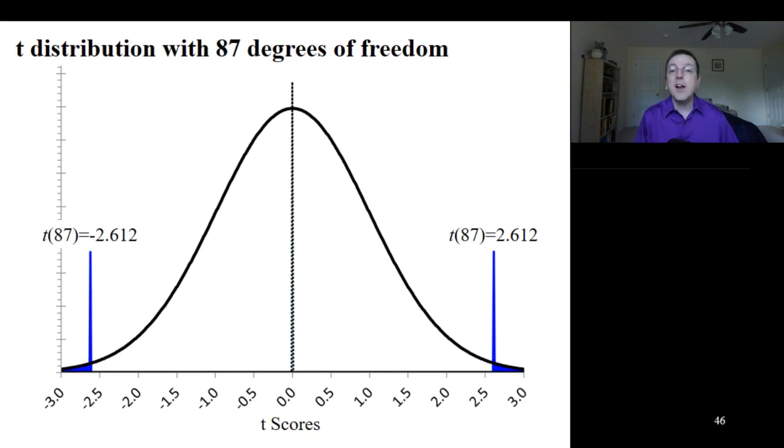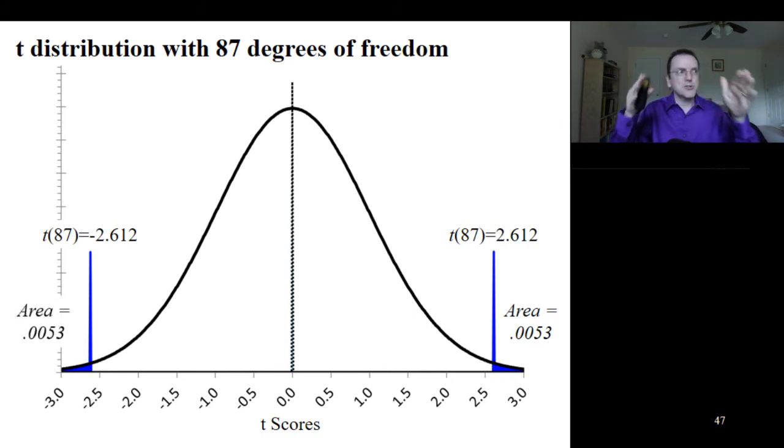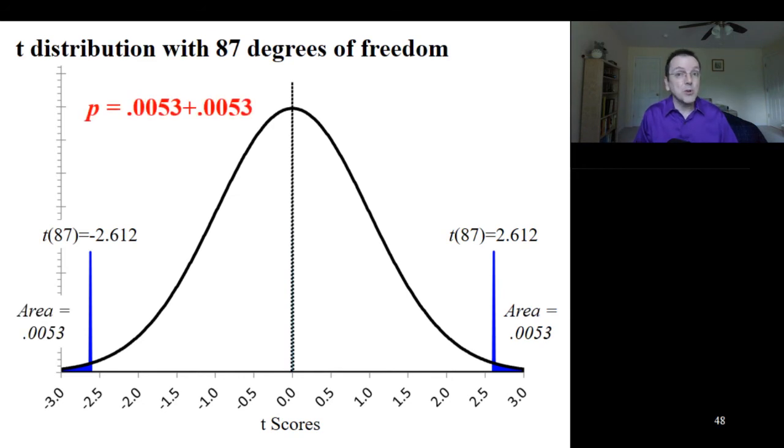Now, depending on exactly how you looked up those areas, we find that the area that's more extreme than a t-score of positive 2.612 with 87 degrees of freedom is equal to 0.0053. And of course, the area that's more extreme than a t-score of negative 2.612 is also 0.0053 because the t-distribution is nice and symmetric. Our p-value reflects both of those areas, so we just add up 0.0053 plus 0.0053 to get p is equal to